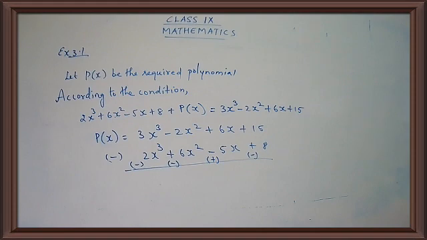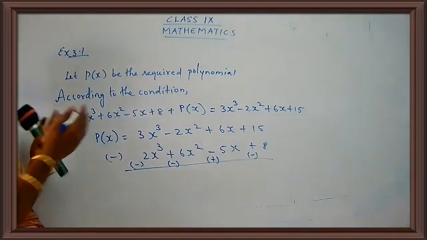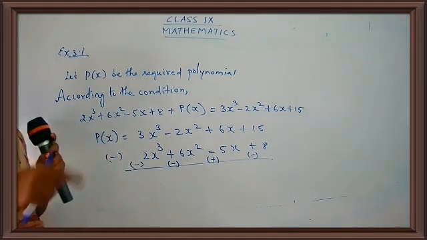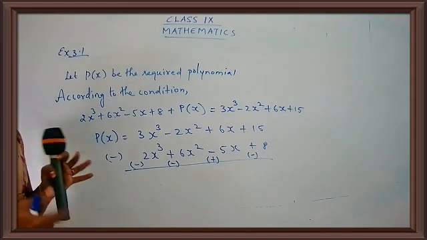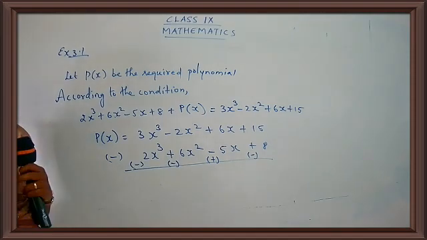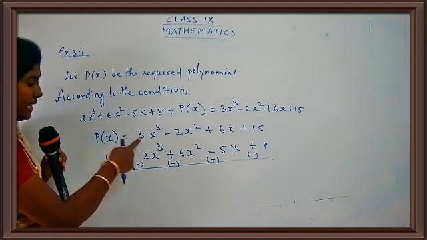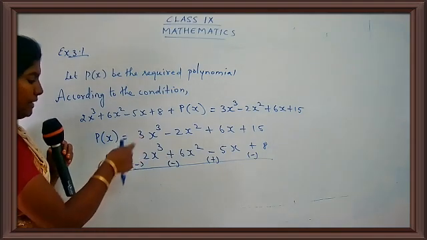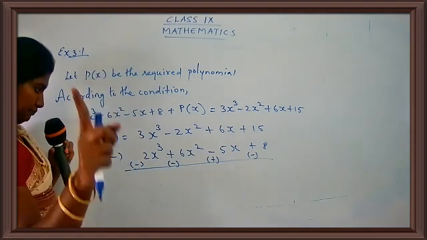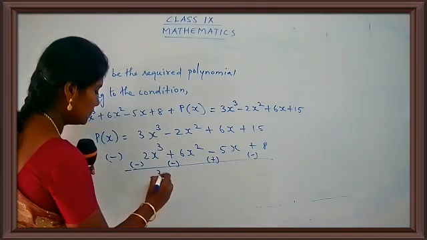Have you arranged the children properly? Now let's see how to simplify this further. You are going to take the first polynomial, that is the first term and the second term, and you have to see the sign of the second, the new sign. You are not going to take the old sign, you are going to see the new sign. So 3 minus 2, what is 3 minus 2? It's 1. So I just put here x.